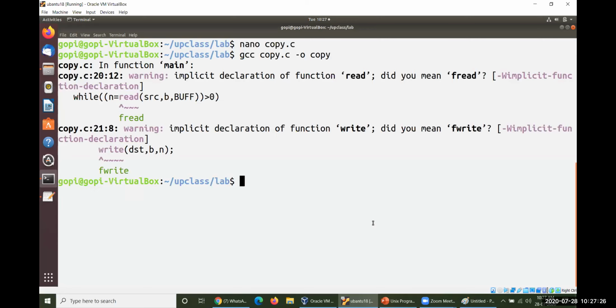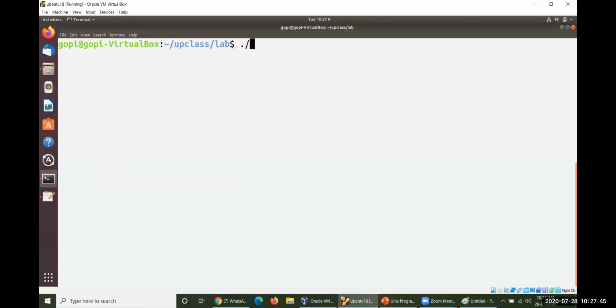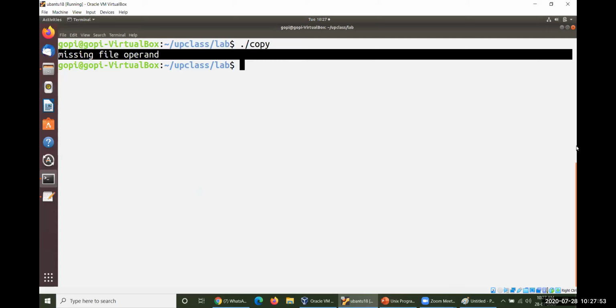Okay, so your file has been successfully compiled. Of course, warnings, system calls, you will be asked whether to overwrite something like this. Don't worry about this particular warning here. Never bother about this warning here. After this, what exactly do you need to check? The first output might be, so copy. Would like to check for copy. It may give you one particular message. This is the first output.